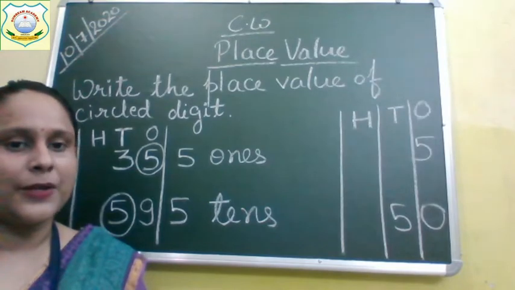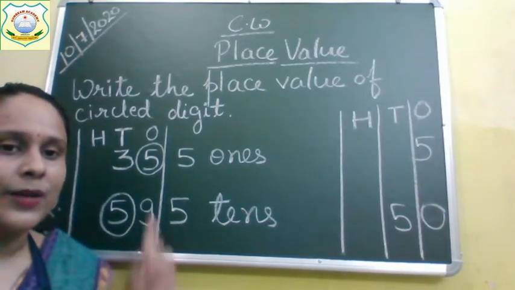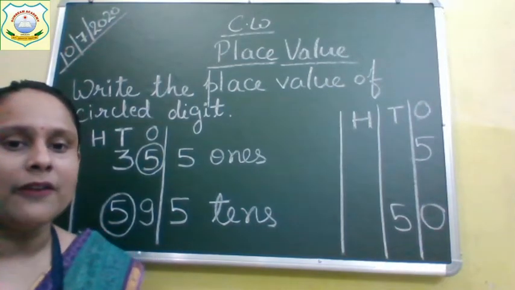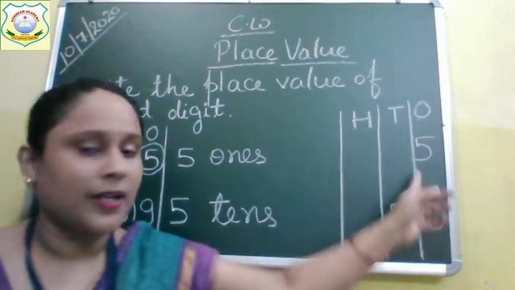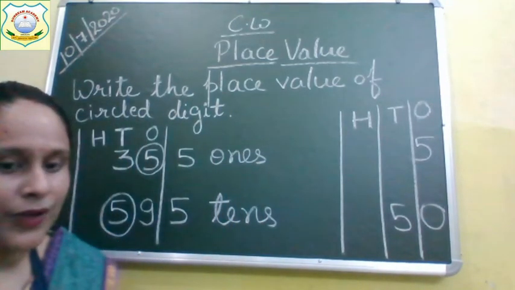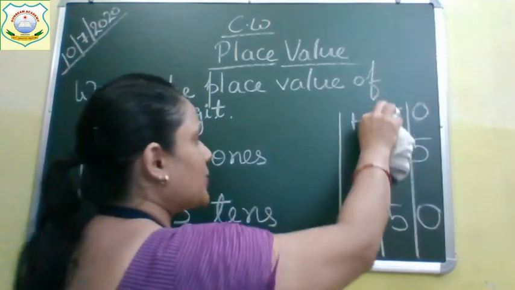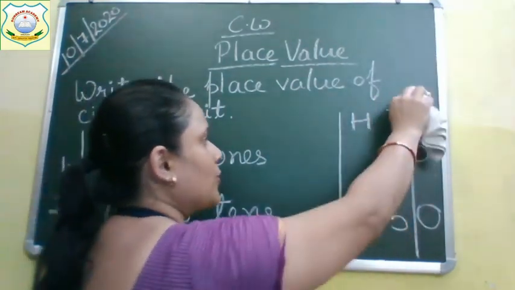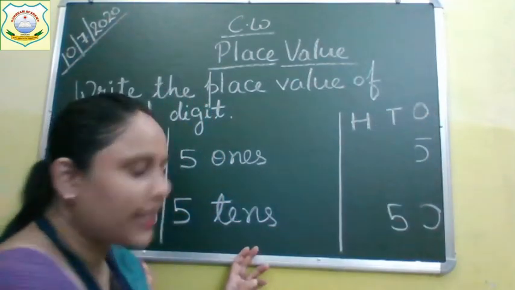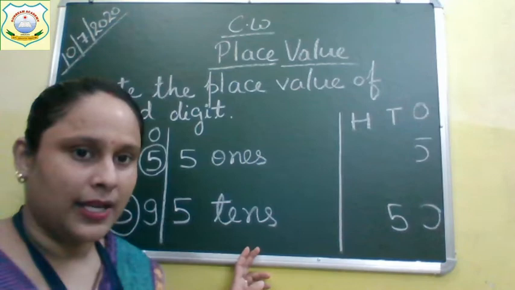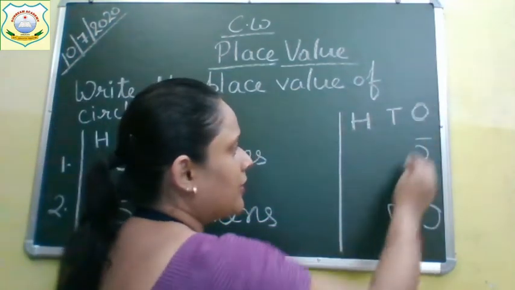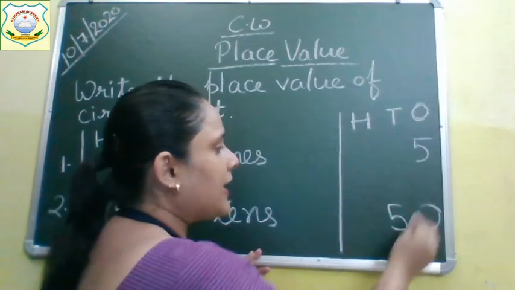Note down clearly in your notebook, and you will make the circle with color pencils. The line also you will draw with the help of a scale. Here you will not draw these lines, okay? This I have drawn only for you to understand. You will not draw it, okay? So I am erasing it so that you all also don't draw it. For making you understand, I have drawn the lines. But you will not dirty your notebook, children. Your notebook should be very neat and clean.